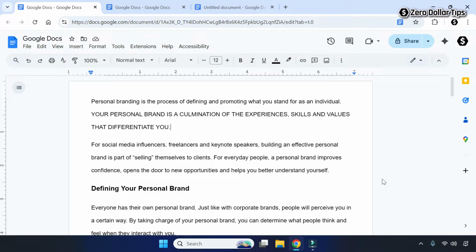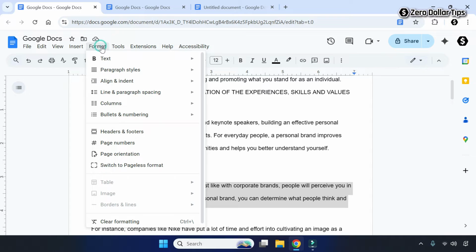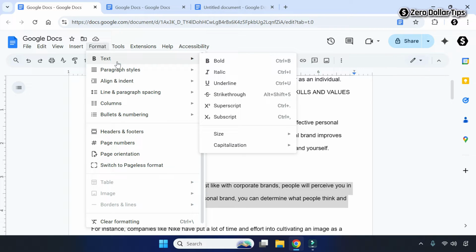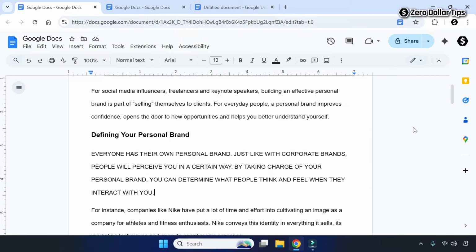Let's say for the example, you want to highlight and capitalize this text. So for that, first of all, highlight the text. And now to capitalize it, simply go to the format section and then click on text and then click on capitalization option. And from here, select the option uppercase. And the highlighted text will be capitalized. You can see. And in case if you want to capitalize all the text available on the page,